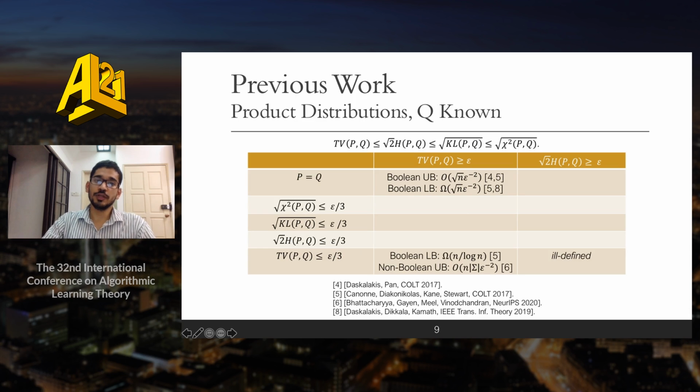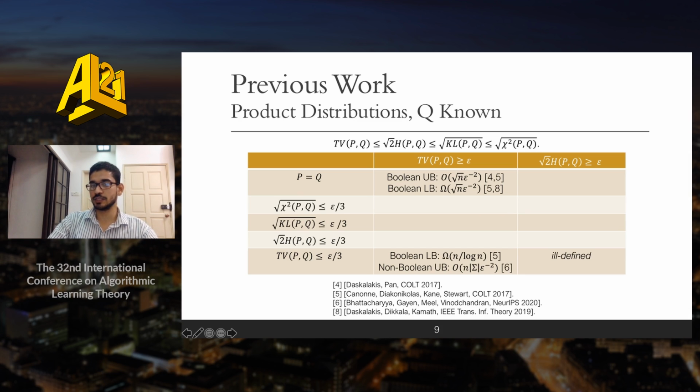So first of all, we'll look at the previous work when Q is known. That's the identity testing case. For this problem, the non-tolerant testing with respect to total variation distance was known to be solvable in square root of n epsilon to the minus 2 samples, and that many samples were also known to be needed in the worst case. For the TV versus TV problem, it was known that n by log n samples are needed,